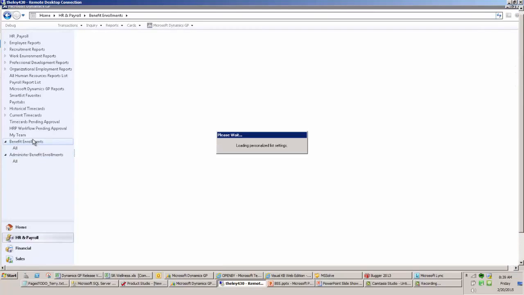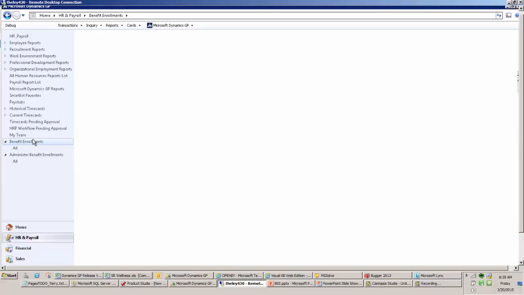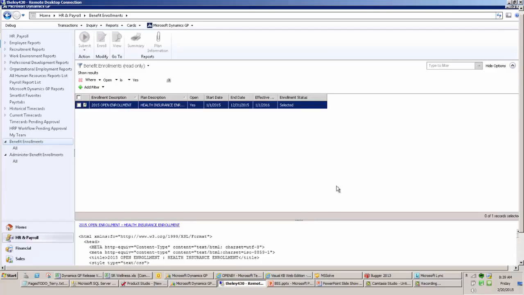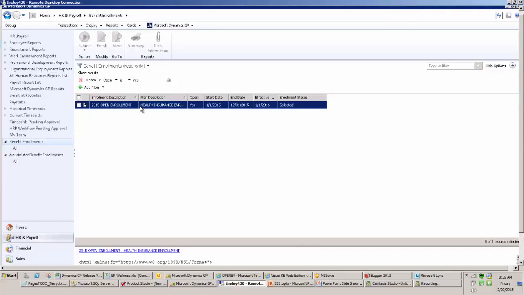But if I go in under benefits enrollment, so this is where you would want to guide your employees to go through open enrollment. And you will see I got my open enrollment here. It's got its start date, end date. It is open. And if I click up in here, we have the submit button. I can go to modify and enroll. I can view information. And that printer icon, that will be for what we called our confirmation statements in the